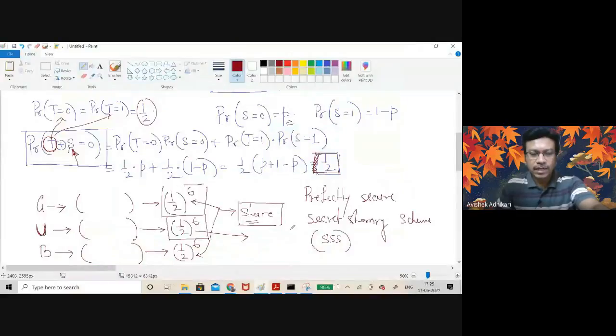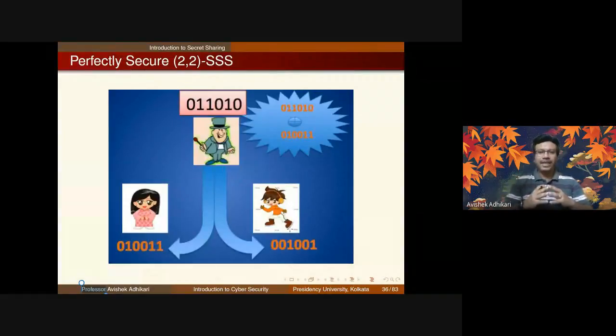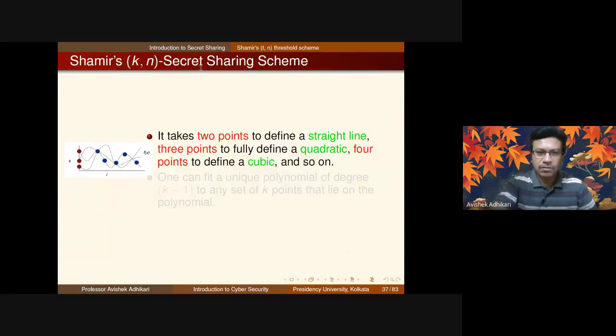Okay, let's then come to the question: how can we extend this idea? So it's only a 2-2 scheme. How can I extend it to a 2-n scheme or maybe a k-n scheme? That means say there are 6 participants or 4 participants and the threshold value is 3. Then how do you extend it? That's a natural question that comes to our mind. So let us now try to extend the whole idea. To do so,